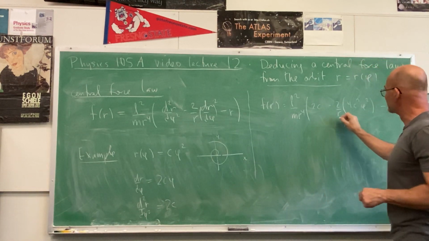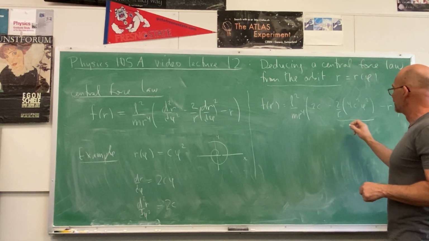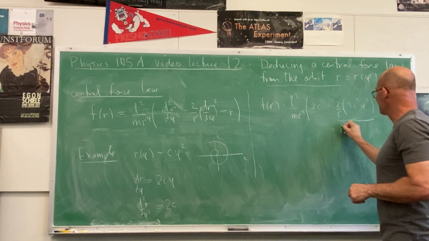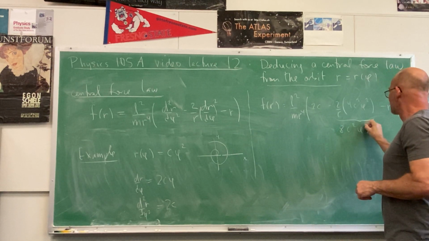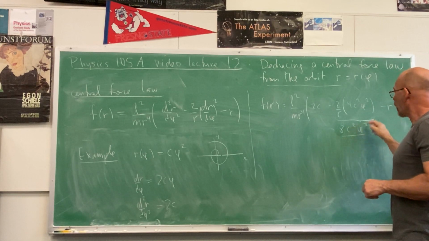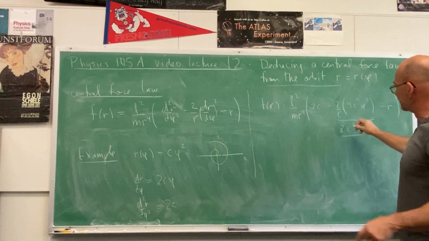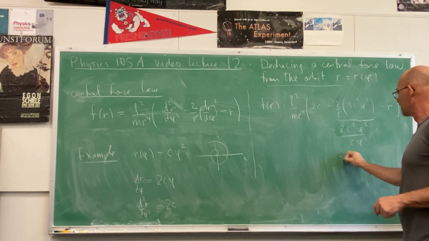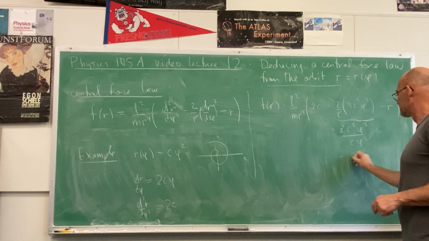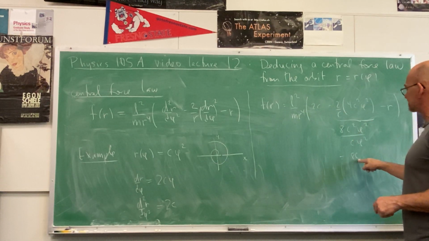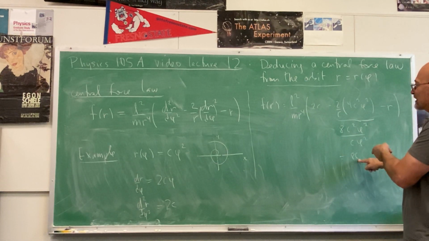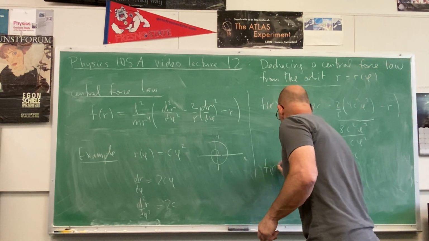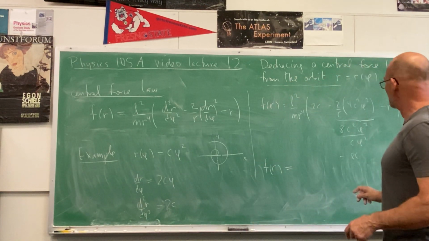And this we can just simplify. Actually we have 8c squared phi squared over this r, which itself is c times phi squared. So what we end up with here is 8c. So 2c minus 8c gives us a minus 6c. Okay, so what we're going to end up with is f of r is equal to